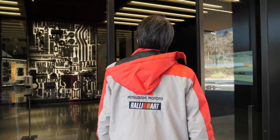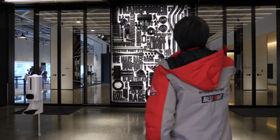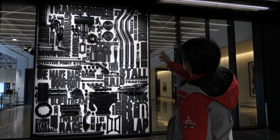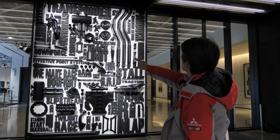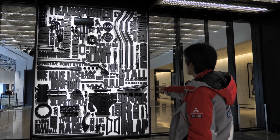So we open the doors, we're greeted by this wonderful and interesting looking motorsports related wall mural. As you can see, it's been intricately made. It's got all the words that's used in motorsports, such as downforce, transponder, one make car, dogfight, slipstream, and